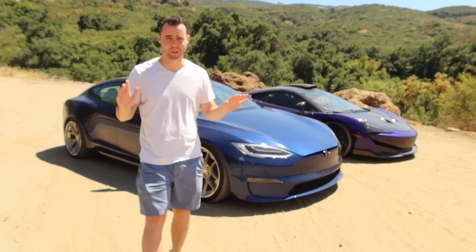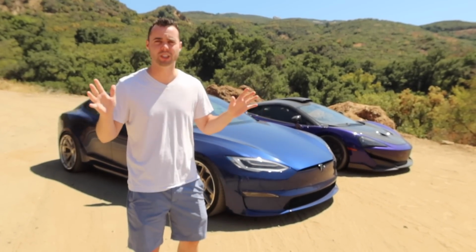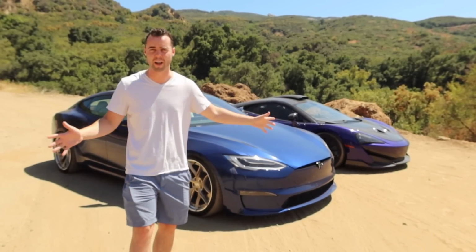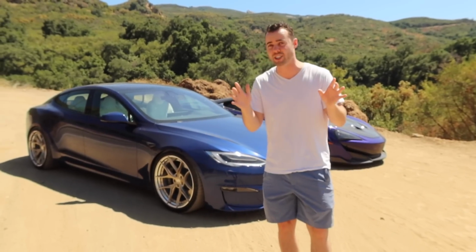All right, on to the Tesla. Next, we've got the new Tesla Plaid, which has been a dream in terms of maintenance, as Teslas usually are. First up is insurance costs. So instead of going with State Farm that I normally use for insurance, I decided to mix it up and use Tesla's own insurance, which is